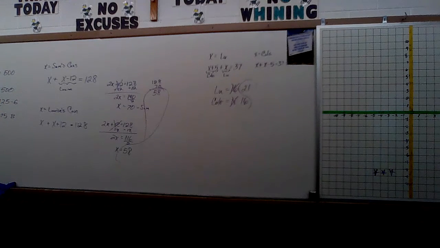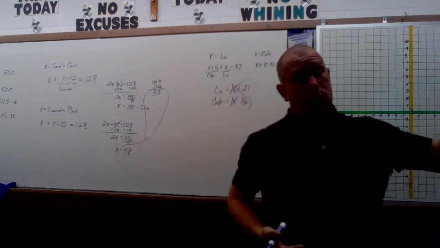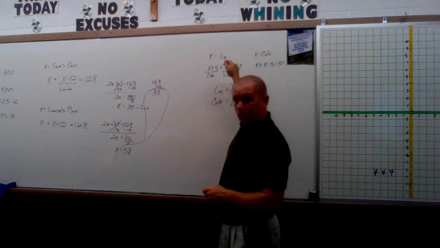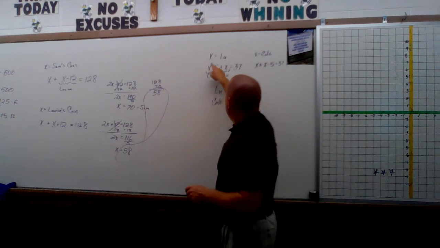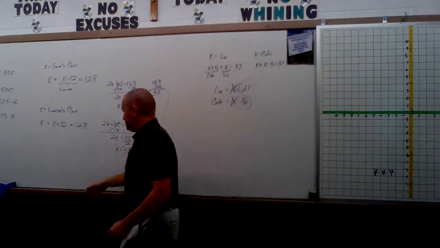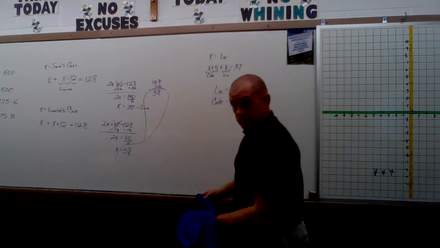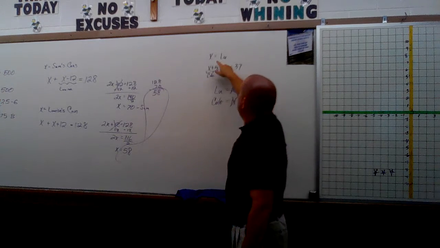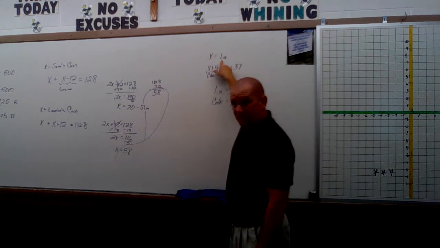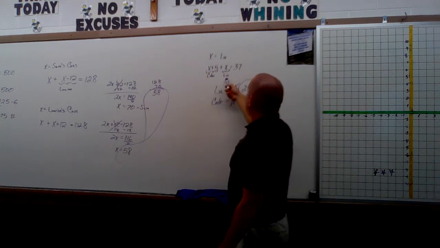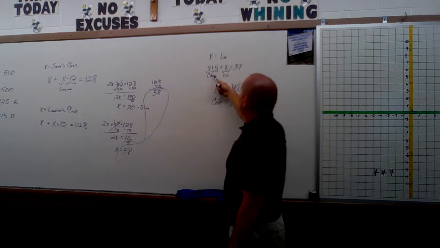Everybody understand where we got it? Yes, no. I'm still confused about how you figure out what you write. What I write. Okay, like this. What I write comes from the words, though, again. So, again, this is huge right here, telling yourself what is going to be X. Okay? If you went this way, so let's erase the Cole part, because you did it this way, right? Yes? So, X is Luann, and Luann has to be older, right? So, if X is Luann, and she's 5 years older than Cole,